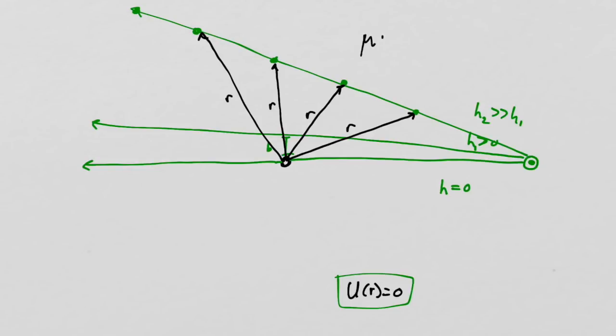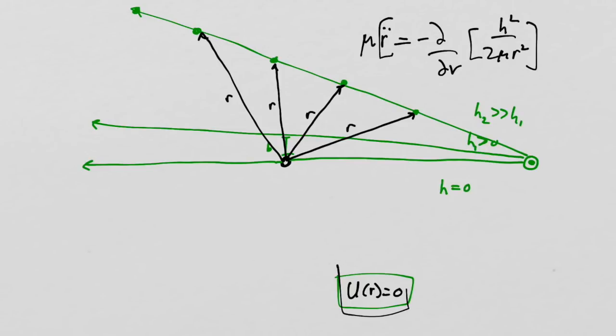And that acceleration, that's what this equation means, right? This equation means h squared over 2 mu r squared, right? When the potential is set to 0, the acceleration of the length, the magnitude of that vector, is driven by